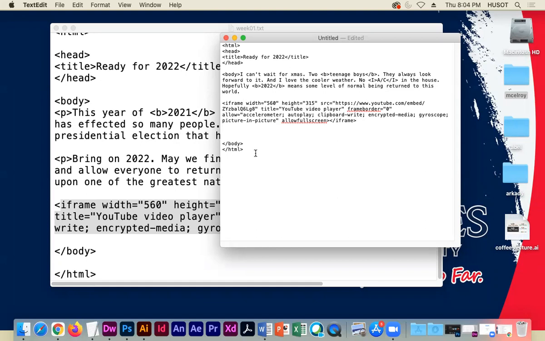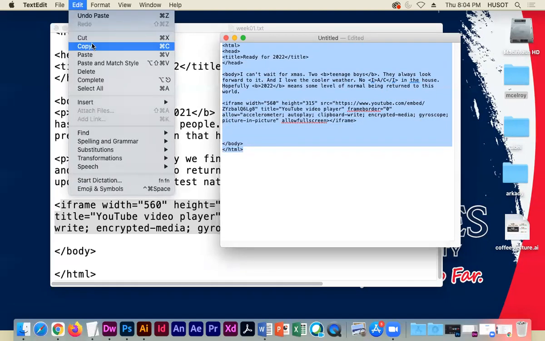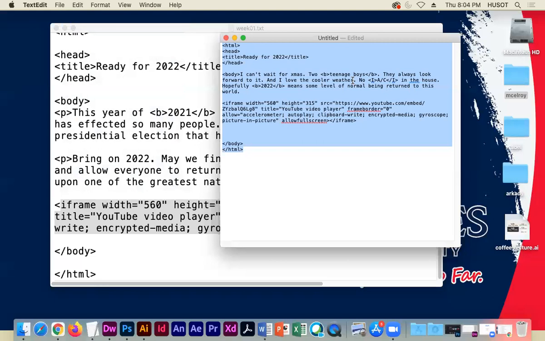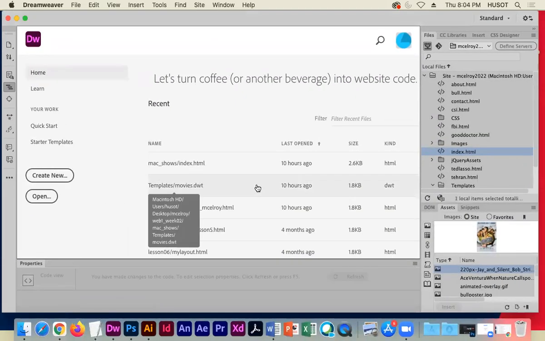So the first thing we're going to do is highlight all of the text that we typed, and we're going to do edit, copy, or however you do the copying process. And then let's go to Dreamweaver. If you're on a PC, just go to your programs folder. Sometimes there's a shortcut inside there. If you're on a Mac, just click on the DW down the bottom, and we're going to open up this